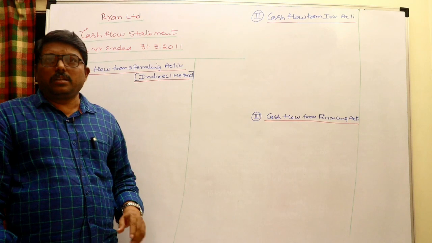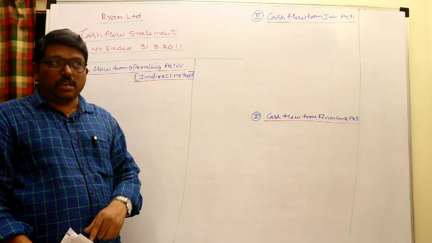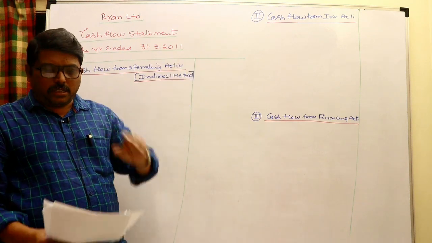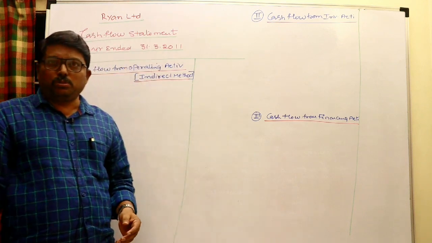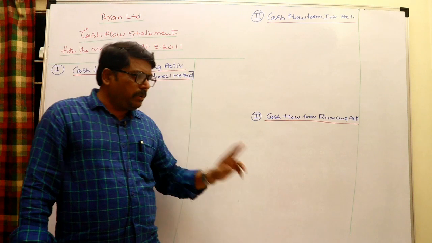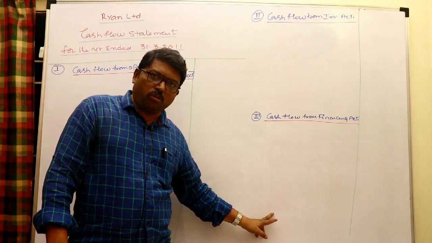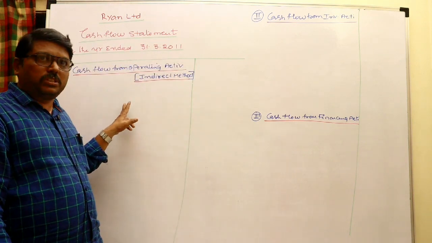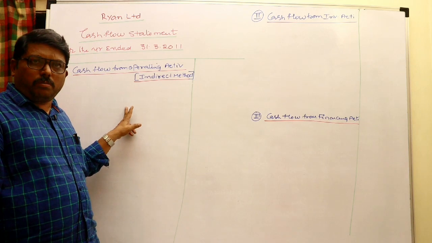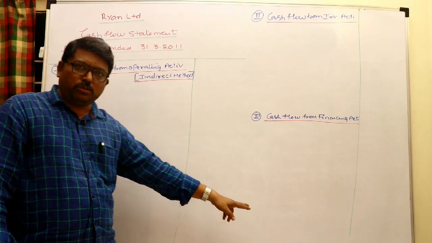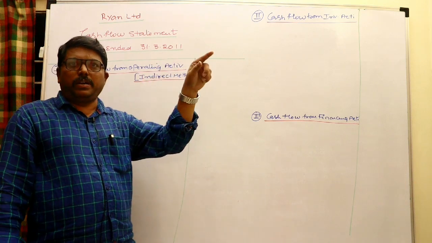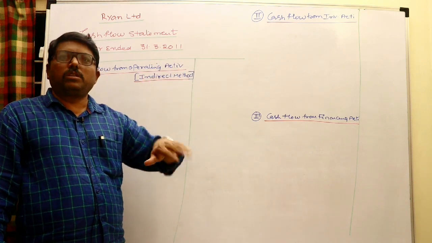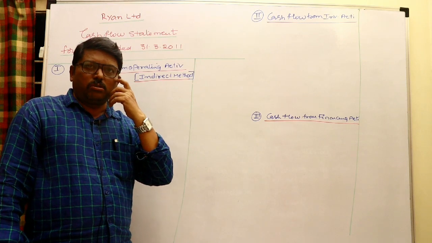Now sir, I want to take the net profit not as per balance sheet. I want to take net profit after tax, which is given as 16,000 rupees. Then what are we supposed to do? Dividend paid should be shown as a financing activity, no doubt, but here we need not withdraw. Normally we add back here and we can reduce here. So here we need not add back because out of 16,000 dividend paid was not deducted. So why should we add there? So there is no need to add back.